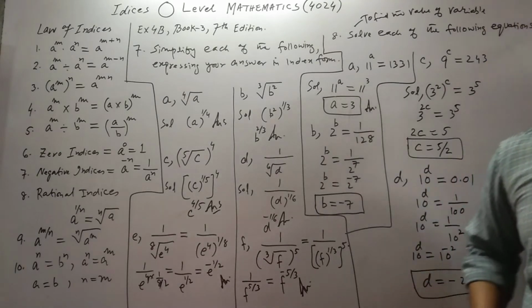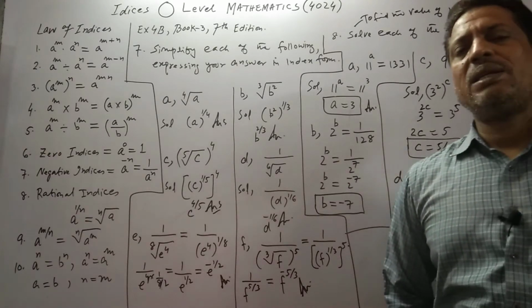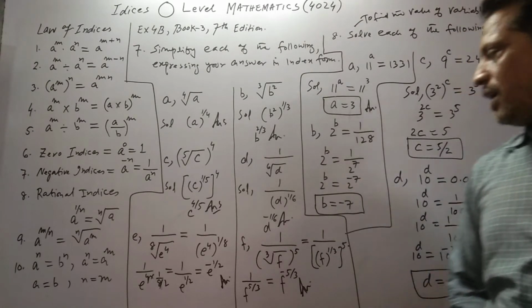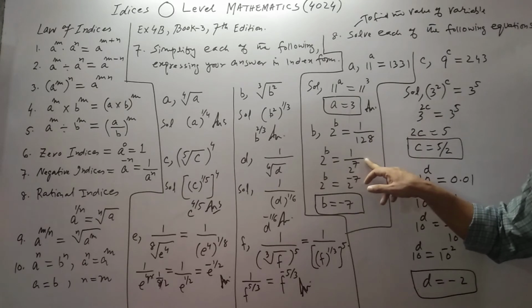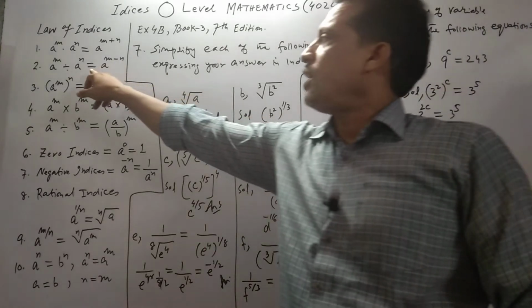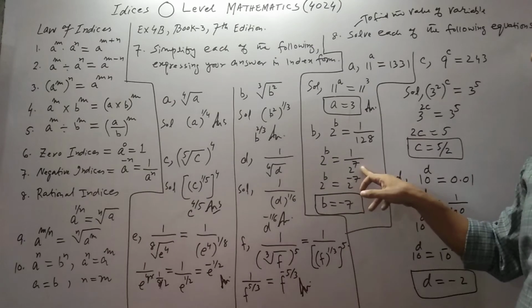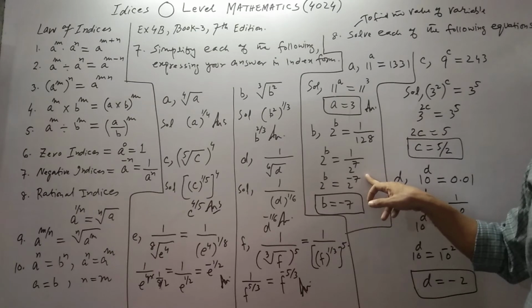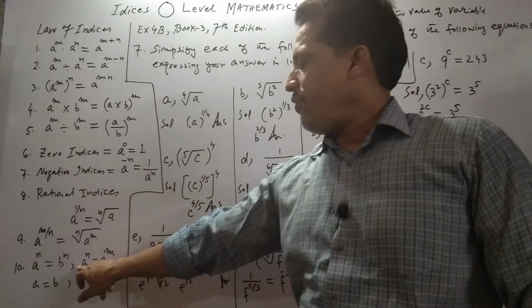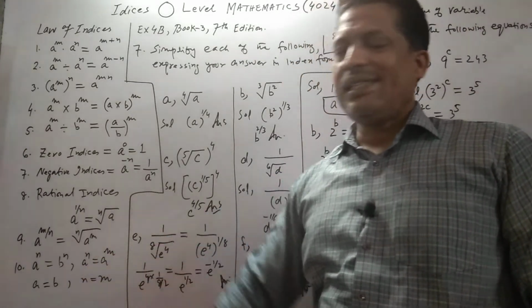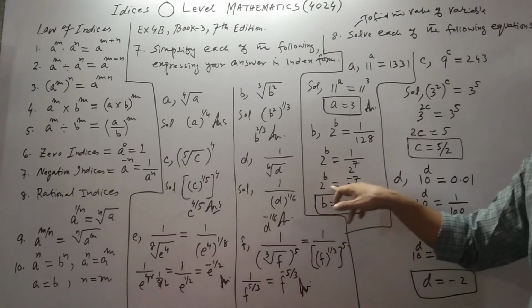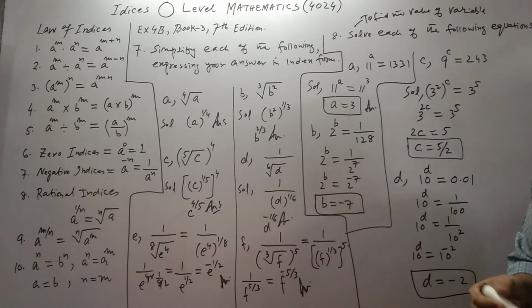Why? 2 to the 4, 4 to the 8, 8 to the 16, 16 to the 32, 32 to the 64, and 64 to the 128. So 128 becomes 2 to the power 7. Apply this law number 2. Move this 2 to the power 7 from the denominator to the numerator. It becomes 2 to the power minus 7. Now apply this law. If the bases are the same and the middle sign is equal, then the powers must be equal. Here both the bases are 2, the middle sign is equal, then the powers are also equal. So B is equal to minus 7 is the answer.